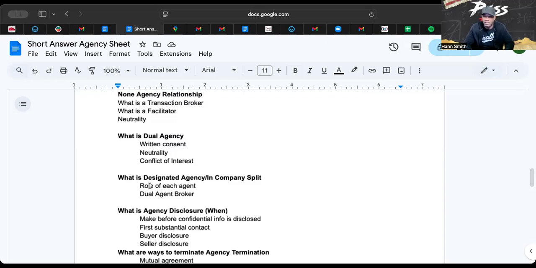And each agent in the transaction would be identified as representing the seller, one representing the buyer, but it's under the same roof, if you will, or under that same brokerage. All right. Now,